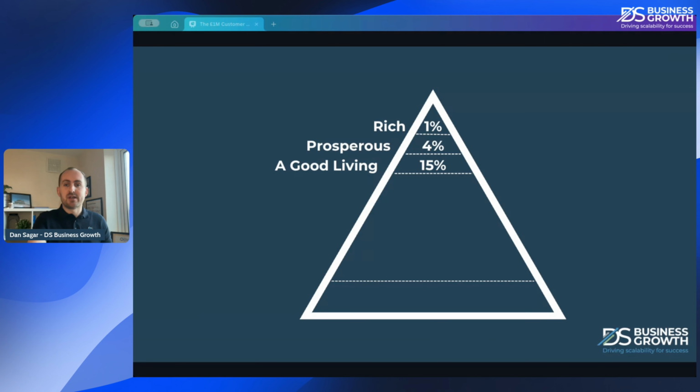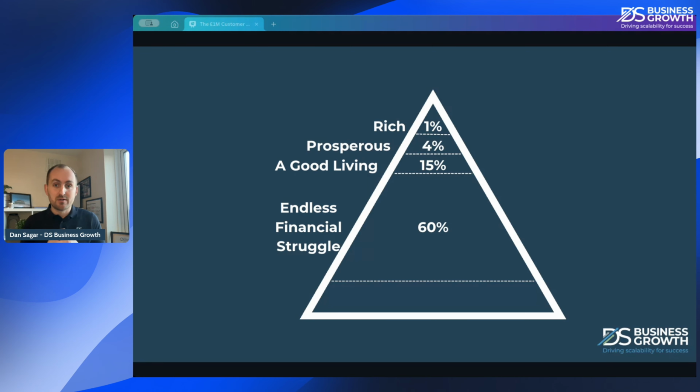And this is where it starts to get interesting, because the section in the middle there, 60% of businesses, okay, so more than half of businesses are pretty much just getting by. They are in endless financial struggle. Most businesses live here, like it says, more than half. The revenue is steady, it's coming in, but the growth is slow, and perhaps some of them are just beyond break even. And we can tread water for a long time. We can be at break even for a long time. It's when we start moving backwards that things can get towards the end, but we can stay in this 60% for a long time. And that is why it is the endless financial struggle.